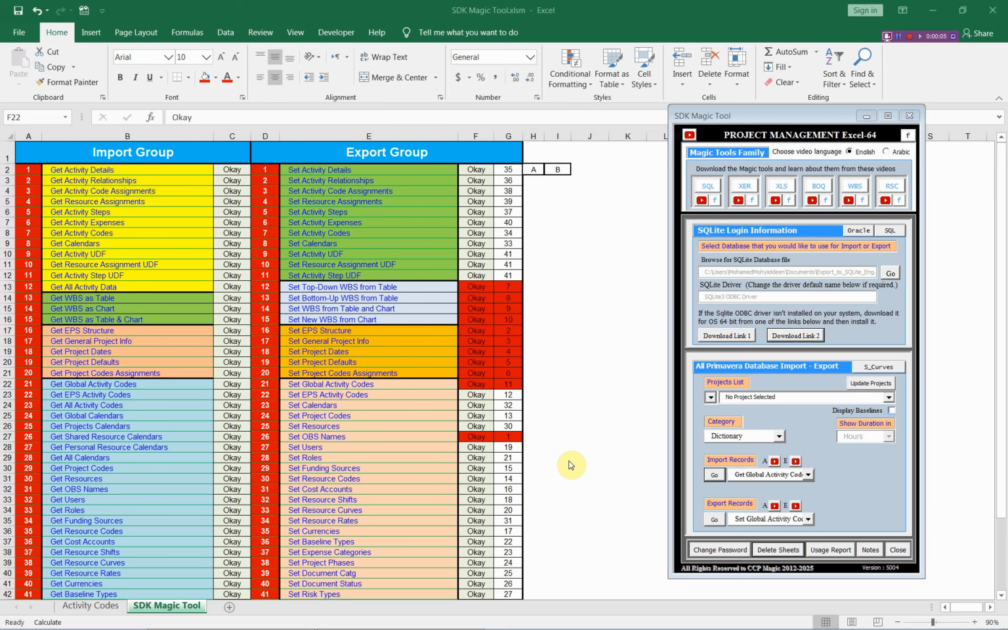Hello everyone, in this video you'll see how you can use the SDK Magic Tool to prepare and export the EPS activity codes. This will be video number 12 in this group of videos, and we will use the SQLite database. You can also use Oracle database or SQL Server when you select any of them. From the dictionary,